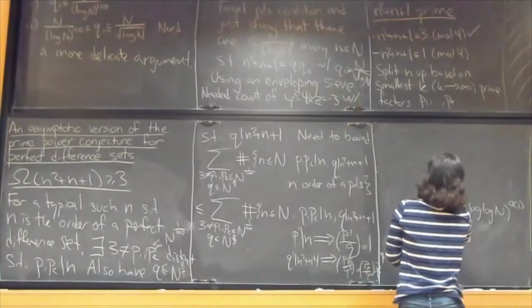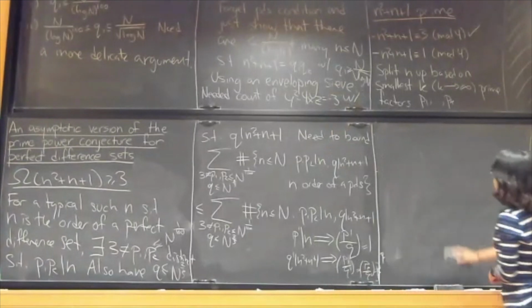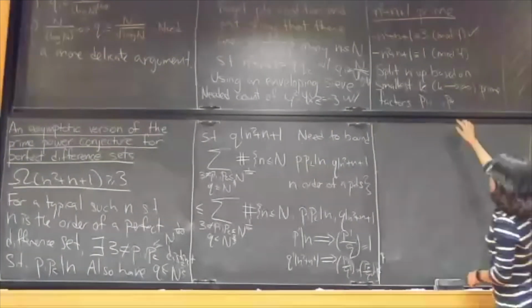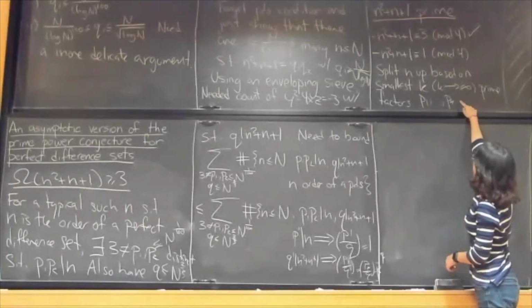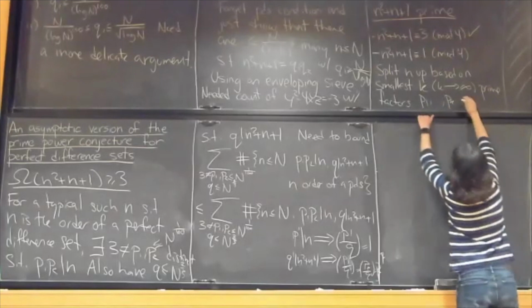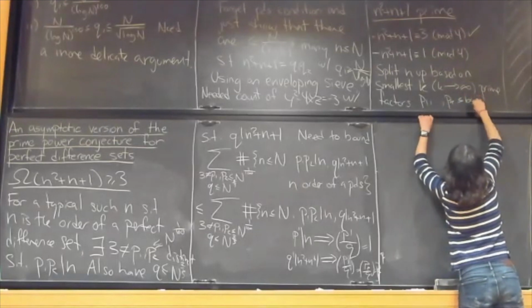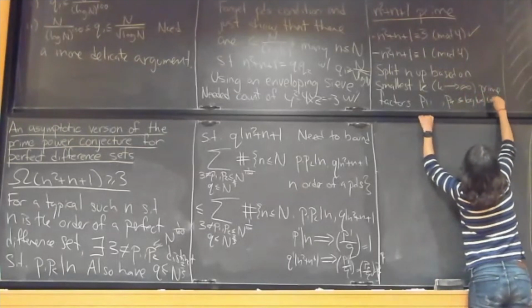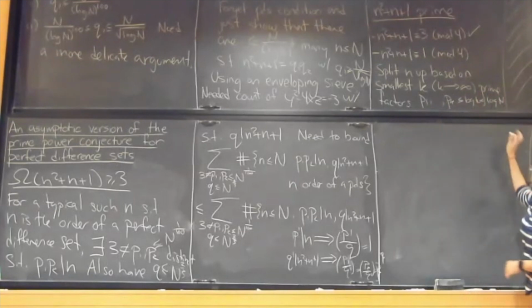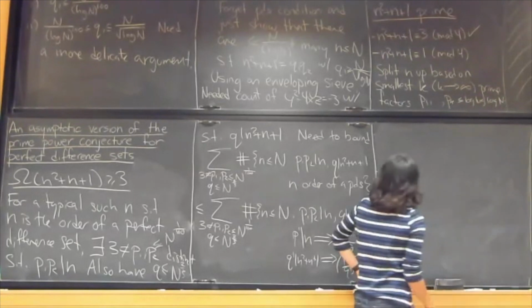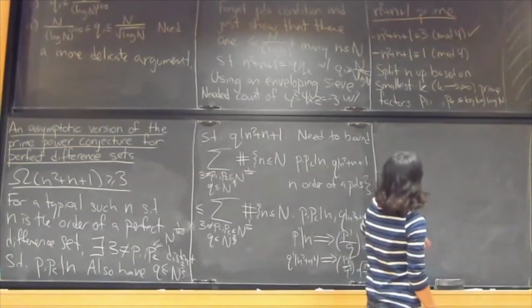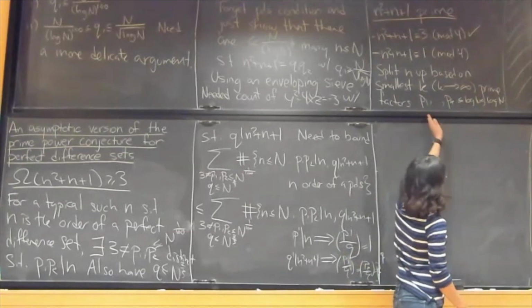I want these all to be below log n. So this step is where all the logs come from. For such n that have p1 up to pk as their smallest k prime factors,